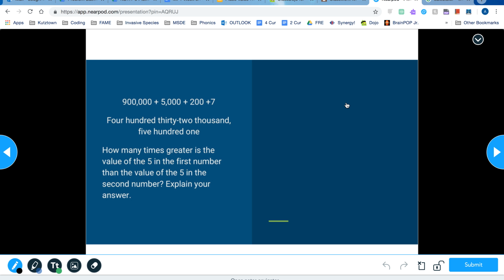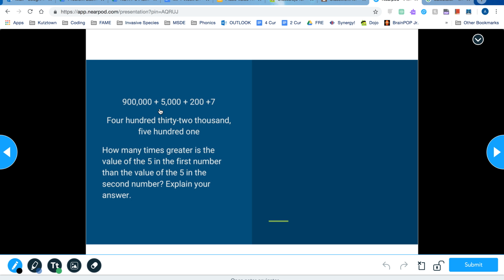Now let's take a look at a similar problem, but our numbers aren't in standard form. So this problem adds an extra step. Not only are we answering a similar question below and of course explaining our answer, we need to make sure we put both of these numbers into a similar form so that we can compare them. You can compare them like this, but if we don't convert them into the same format, it's far easier to